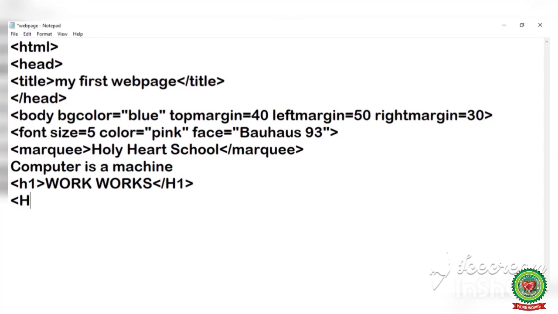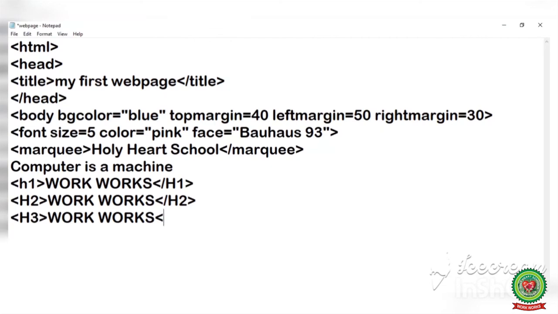The next heading level is H2. I'm writing the same text. You can write the text according to your work, any text, same or different. Now close the H2 tag. Write down the third one, H3. Close the H3 tag.